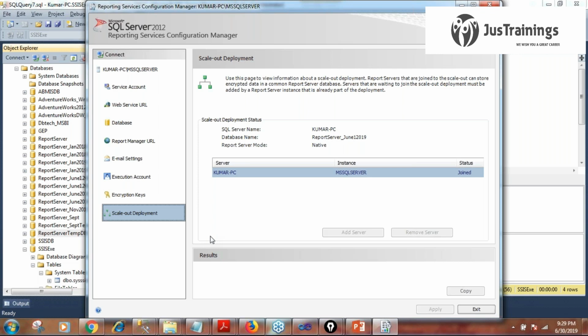It will balance the load on the report server, splitting the load coming on the report server across two different nodes. What happens if multiple people are accessing the same server?